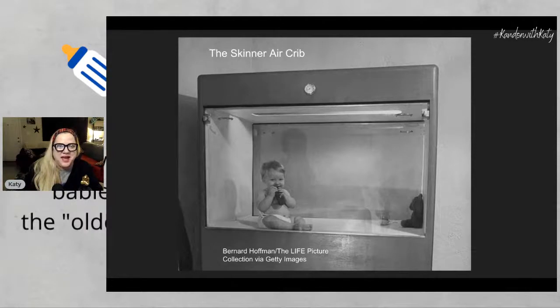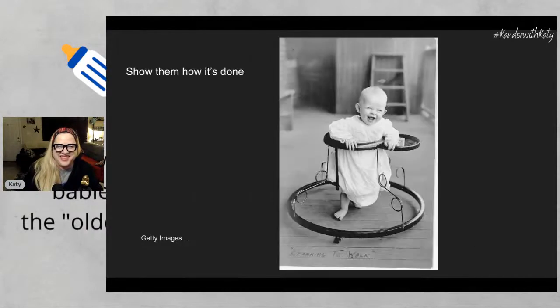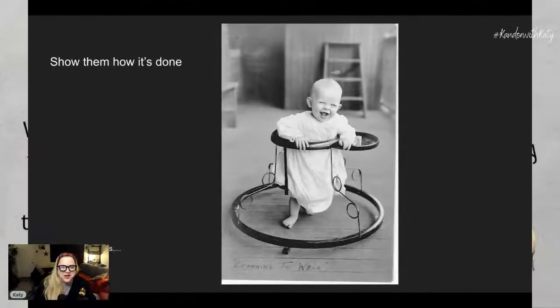Okay, so next up we have, show them how it's done. Well, listen, look at how happy that baby is right there. Is that adorable or what? And I think we all had versions of this growing up. I can't get over that. That was really funny. So if your baby's not learning to walk fast enough, it's probably because you haven't tried one of these metal walkers yet.